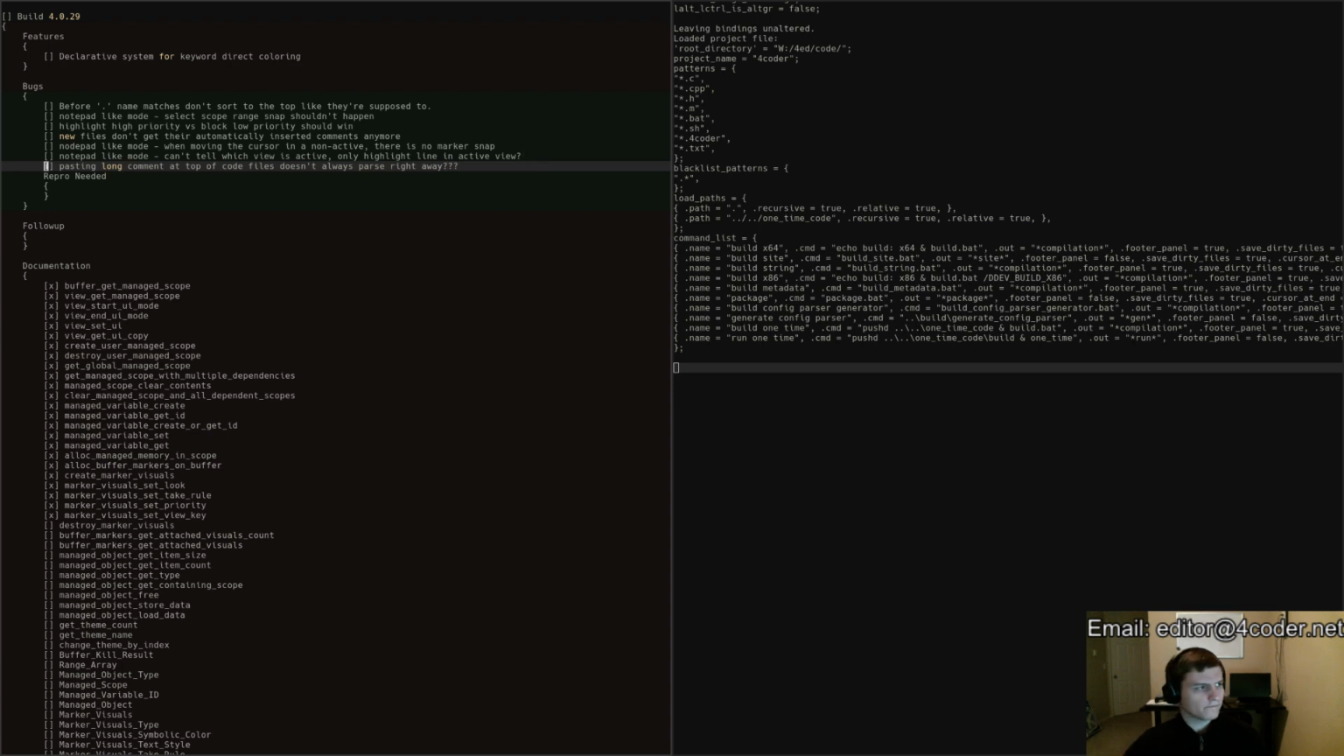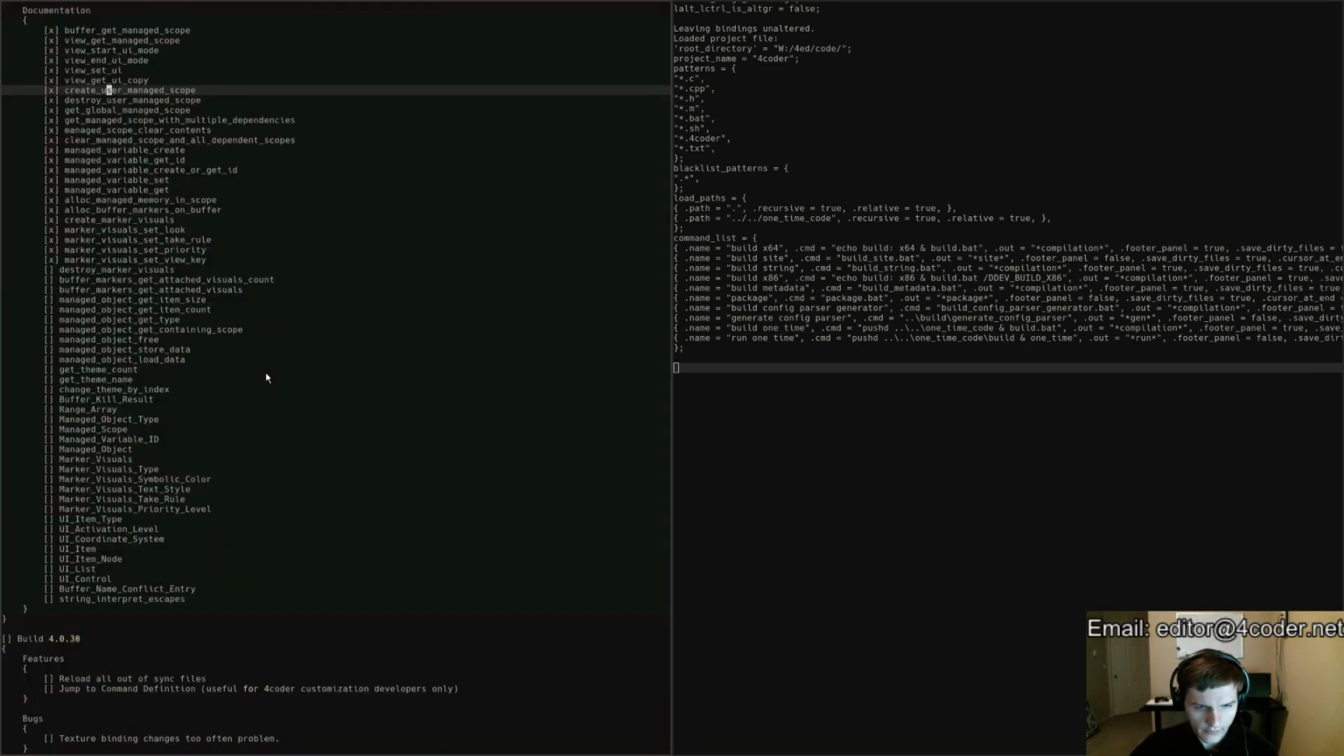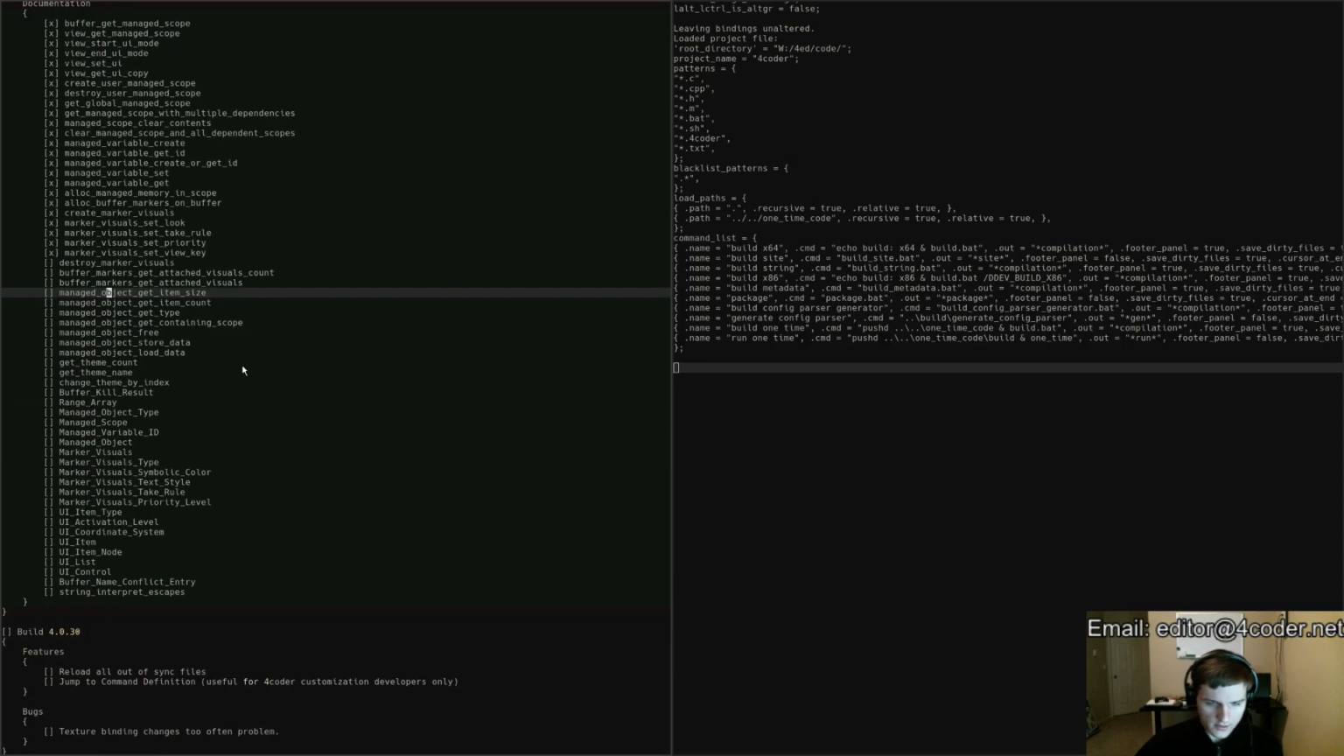Okay. So there's the things I want to fix in terms of bugs. Then we'll get back to this documentation to-do list. Once these lists are both done, 4coder can ship. Now I just want to make sure